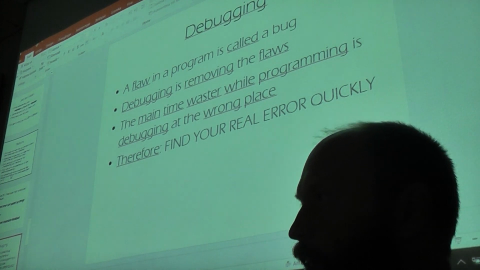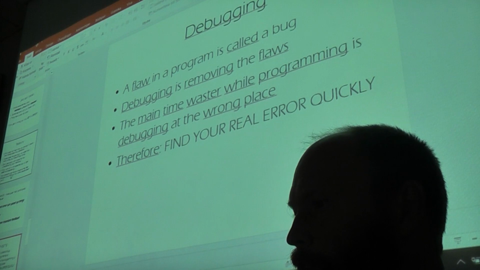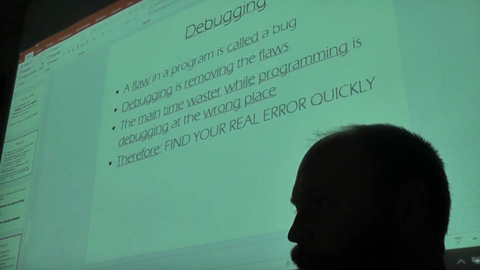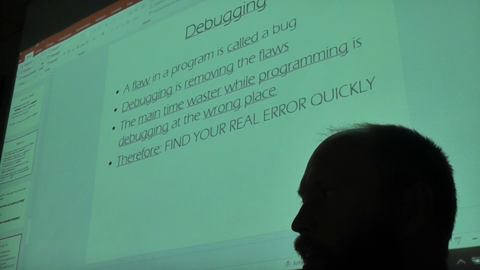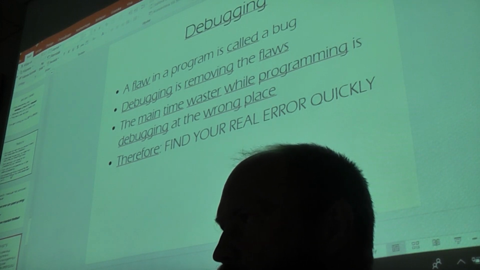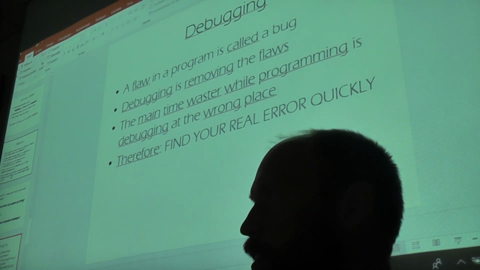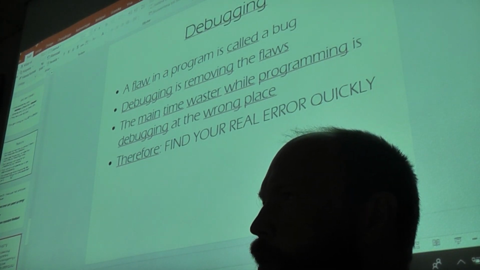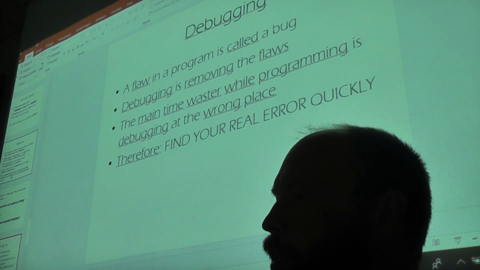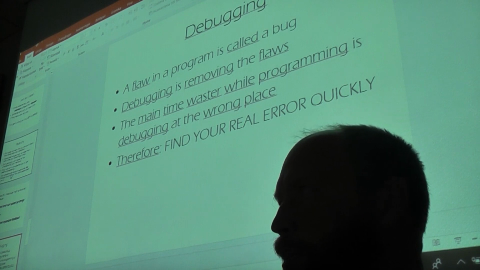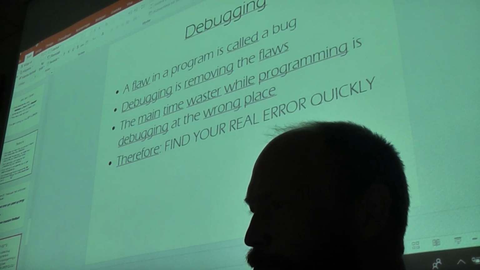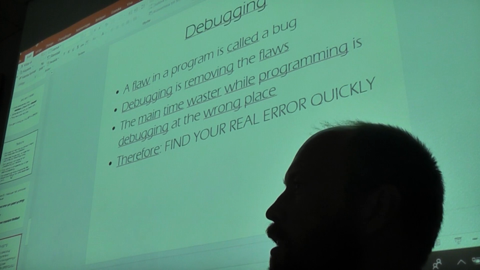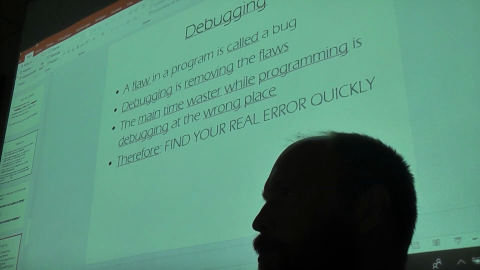Sometimes you don't get an error message, or you get the same error but only occasionally, for 1 out of 10 subjects, for example. Then you probably have a flaw in your program. So that's a bug. Most people know what a bug is. And debugging is just taking out all of these minor problems in your code.